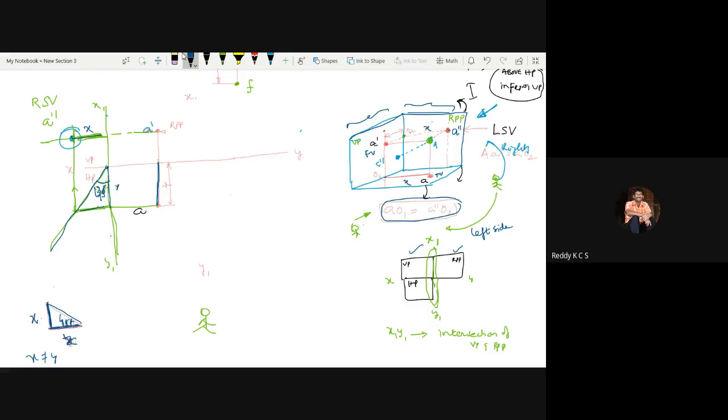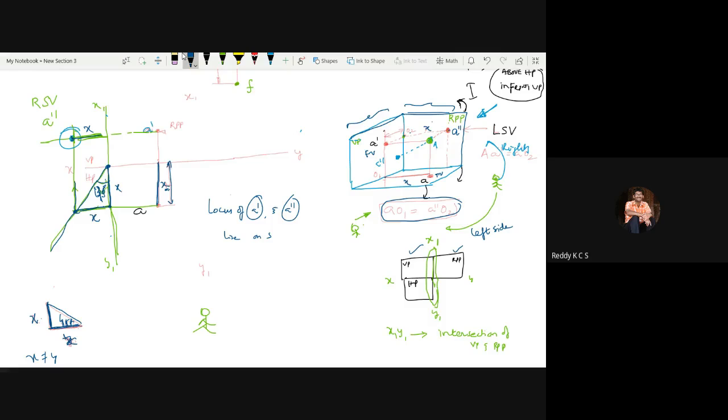Then only this x, whatever the x I am mentioning here, that is nothing but from the origin to this point, it is x only. So this has to be made horizontal. That is, I made it horizontal by taking 45 degrees. Now this has to be transferred vertically upward, meaning the point of intersection is a double dash on this line, because the locus of a dash and a double dash lie on the same line, meaning these two points a dash and a double dash lie on the same line.